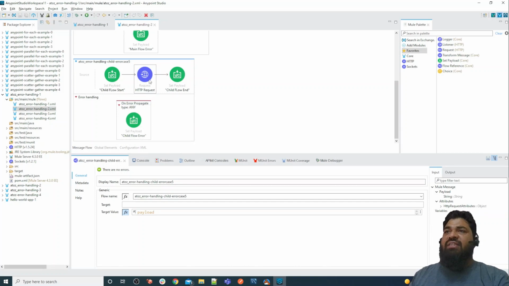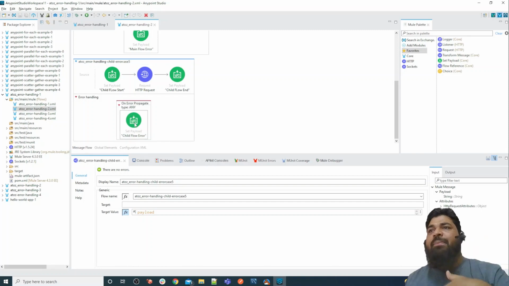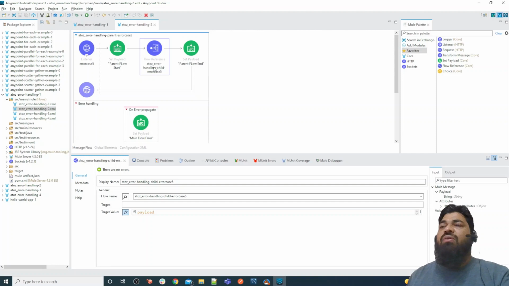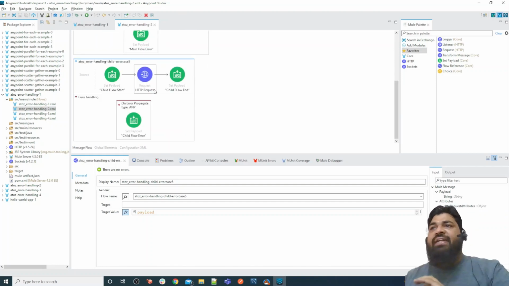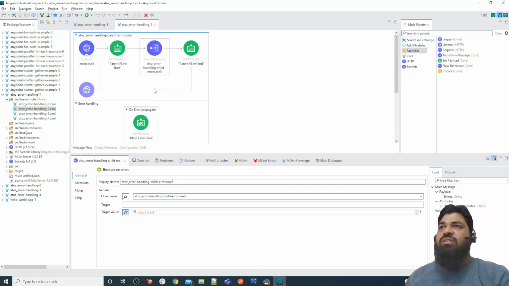In the child flow, as you can see, we have applied an on error propagate with type any. So the thrown error is caught by this on error propagate, and this on error propagate again propagates the error to the caller, or to the default error handling. As you can see, the caller of this child flow is this flow reference, so it will propagate the error to the parent. So who is the parent? The parent is this.